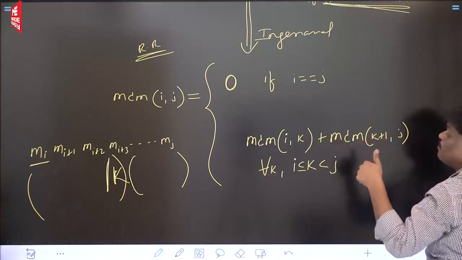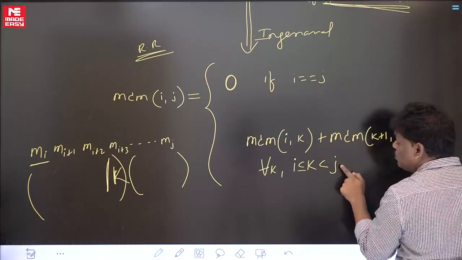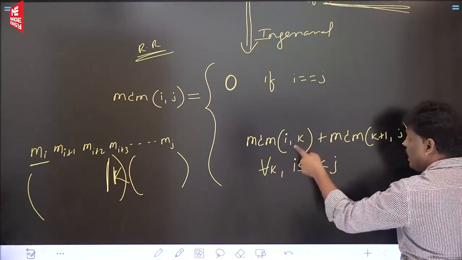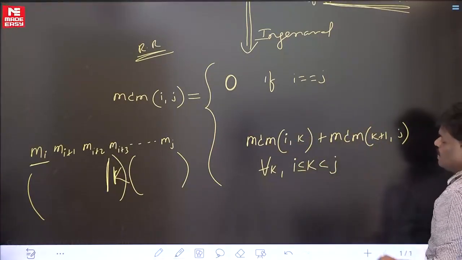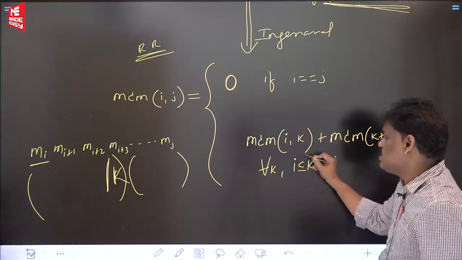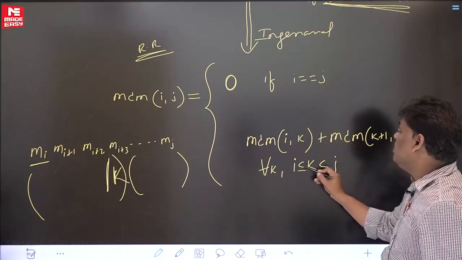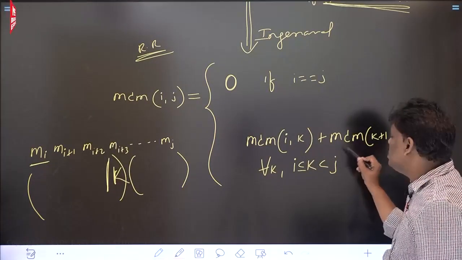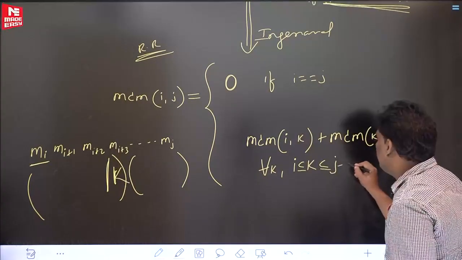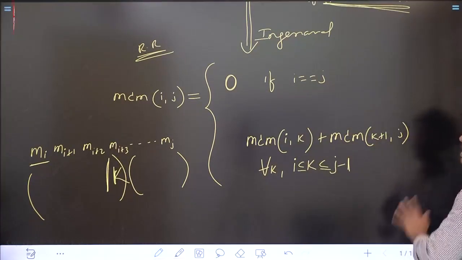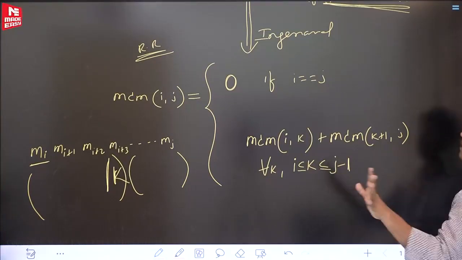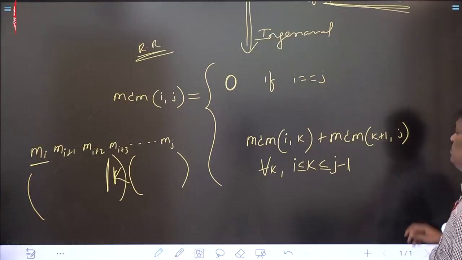Some people are asking me, sir, if I take K value J, actually K should be less than J. If you take K as J, what is the answer? I to K, here the right group has no one there. That is the reason, less than J. For all K, so many possibilities are there. K ranges from minimum I to maximum J minus 1, not J. If you want, you can keep equal also, J minus 1. Because all you cannot keep in one group. Two groups should be there. No group is empty and order also cannot be changed.